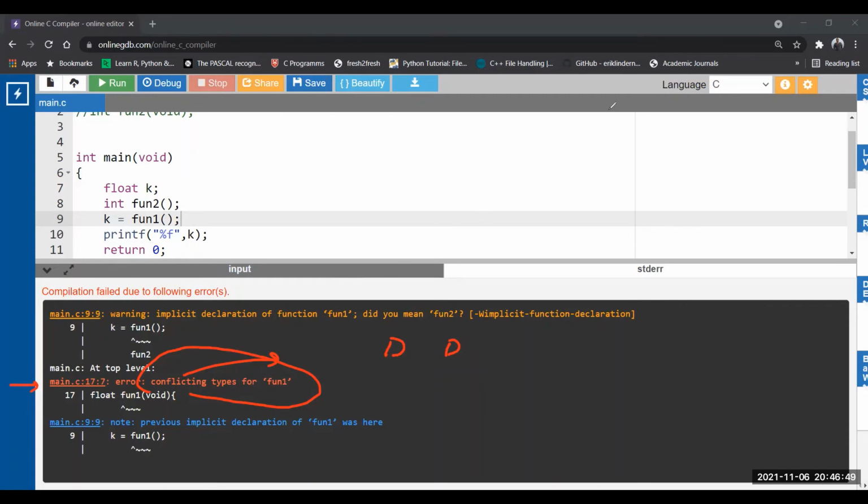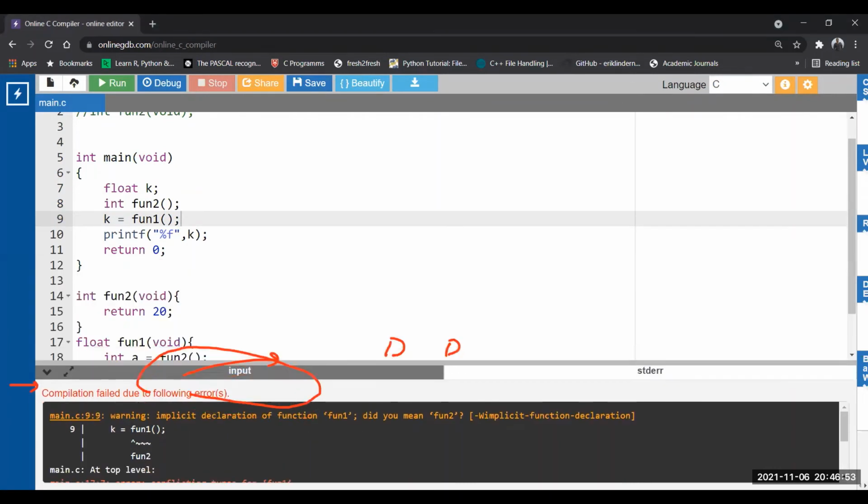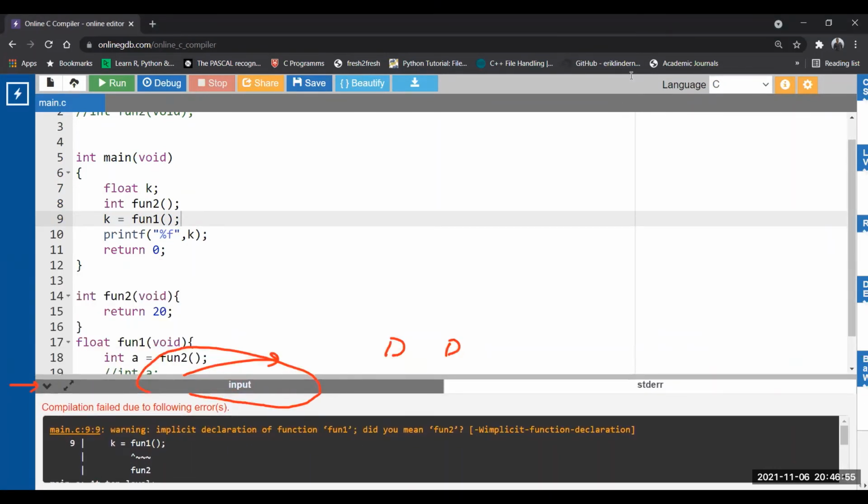Okay, let me show you. There is fun1 in float type, line number 17. What I told, if you did not declare, what will the compiler do? The compiler will make a declaration on its own. The compiler can only do it with integer.